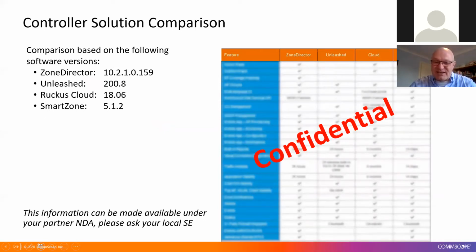This is confidential and it's available to partners that have a non-disclosure agreement signed. So we're not giving you the link to it here as such. It's not available on a link, to be honest, but if you want to get hold of this, this is basically a comparison of features on each of the different controllers, whether it be ZoneDirector, Unleashed, Cloud, or SmartZone, so